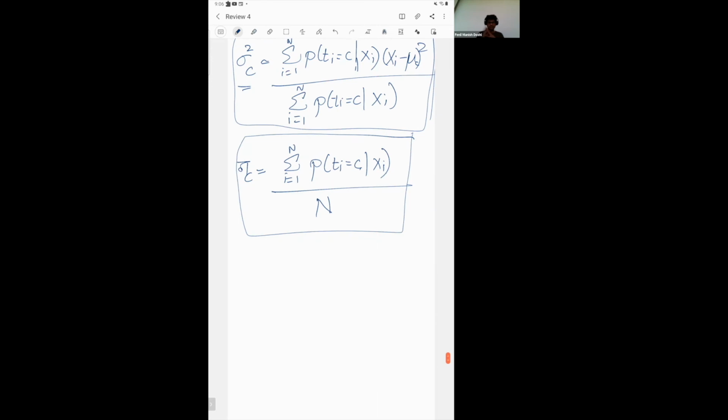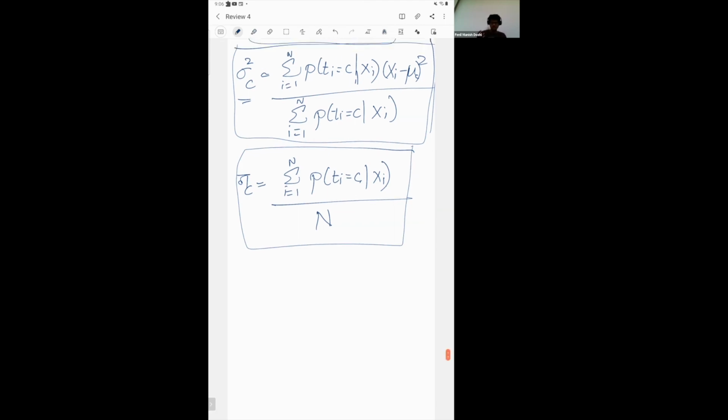So you just go to all the points and see how much of that point belongs to the Cth quotient. So that tells you, from all the points, okay, this point is, let's say,